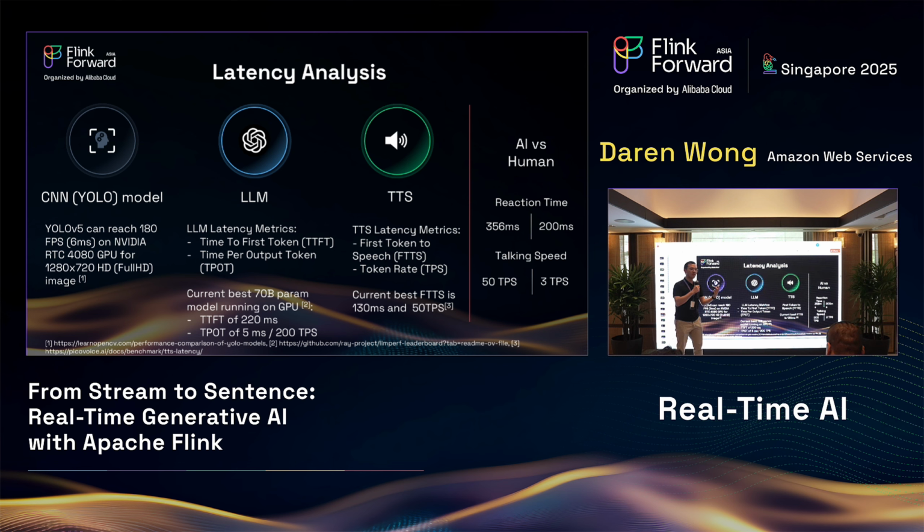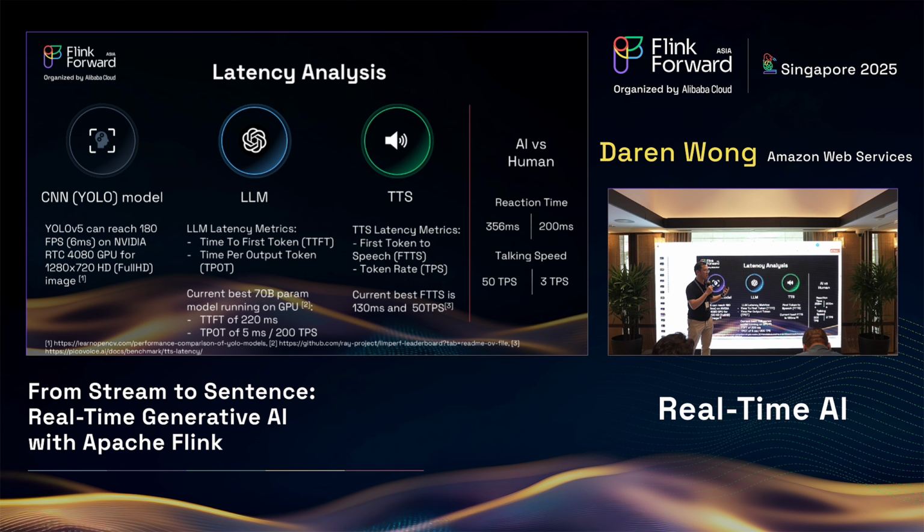So putting all of this together, if we try to compare between this AI and human commentator, let's look at how they fare against each other. If we look at the reaction time, currently the AI commentator is still 75% slower than the human commentator, okay? And I want you to bear in mind as well that I haven't factored in other latency, for example, network latency, which is just going to make this even longer. So I would say that currently the AI commentator is not as fast as the human commentator, and this is something that we need to resolve.